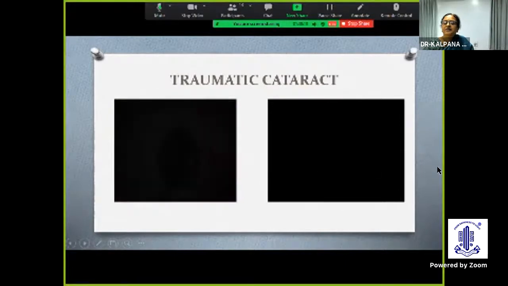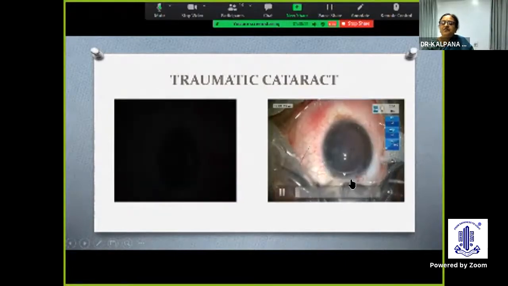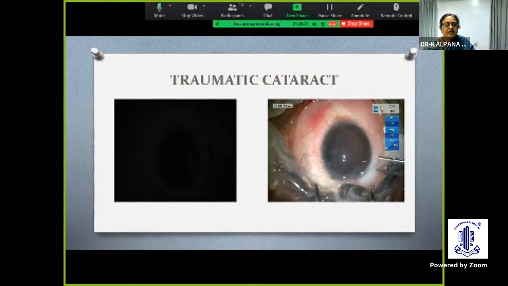And this is another case of traumatic cataract, where you're trying to place a CTR. One point about traumatic cataract subluxation, unlike the other disorders, this subluxation does not progress. They usually remain the same. So you don't have to worry about decentration of the lens and all that in a traumatic cataract.